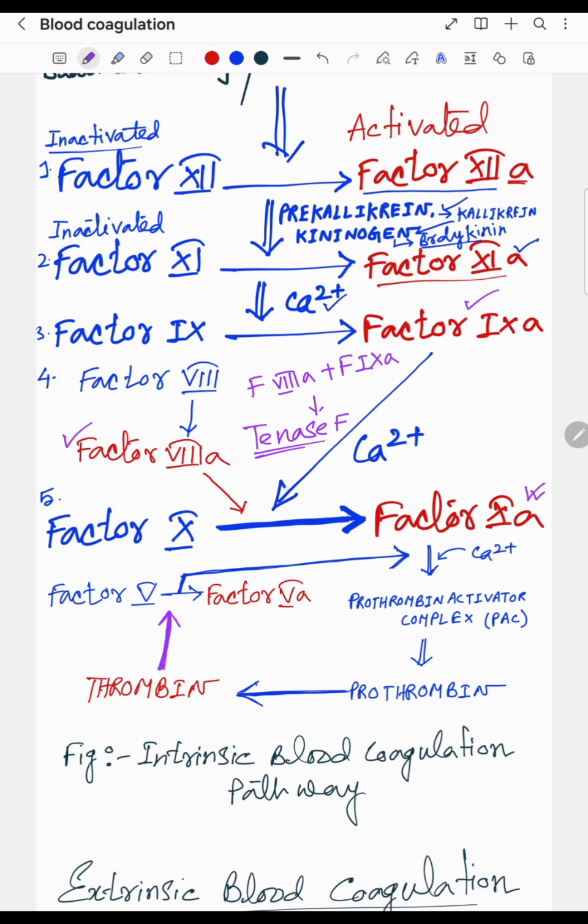Okay, is it clear? I repeat, there will be a combination of 3 plus 4 step: activation of factor 9 and activation of factor 8. They will combinedly activate factor 10A in presence of the molecule calcium. Calcium is very important, and it is known as factor 4. Factor 4 is calcium, and this factor is very important for blood coagulation, but coagulation cannot take place if there is no calcium. Okay, next,